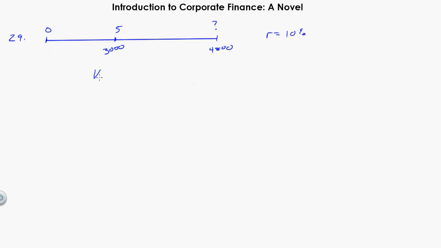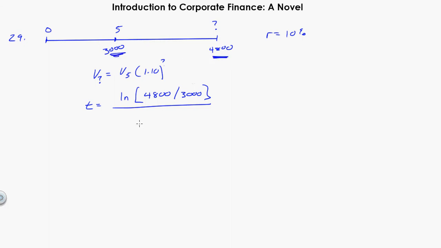So the value at year what is equal to the value at year 5 times 1.10 to the I don't know what power. But remember what we did before when we were finding time. Time is equal to the natural log of the future value, which in this case is 4,800, divided by the present value, which in this case is 3,000. Right? See, even both of these occur in the future. This one's first, so it's present value. That one's later, so it's future value. Divided by the natural log of 1.10. That's equal to